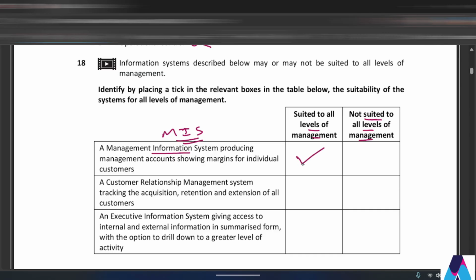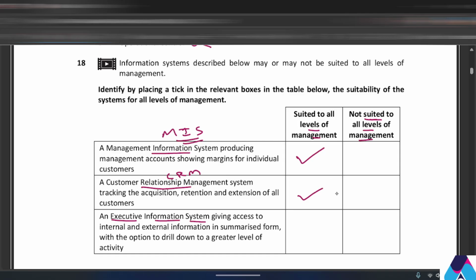So this is correct. And then we have the CRM, which is the customer relationship management system, which tracks the acquisition, retention, and extension of all customers. So this should be suited to all levels of management as well. And then it says the EIS, the executive information system, given access to internal and external information in summarized form. No,